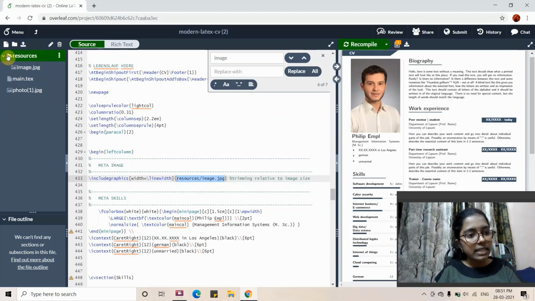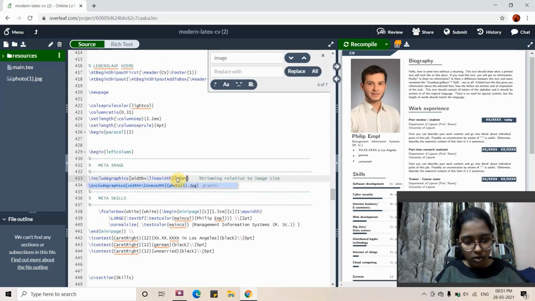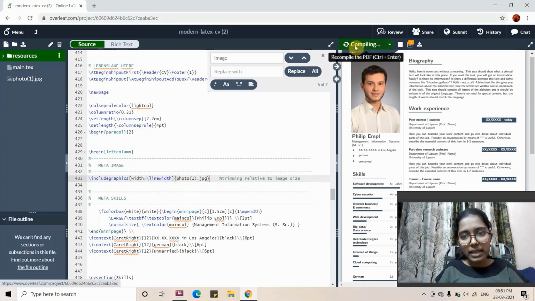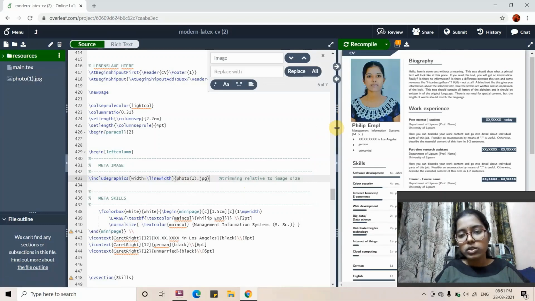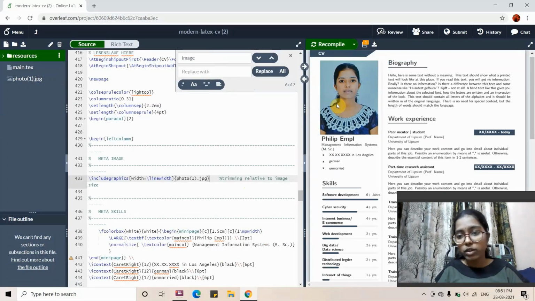In the resources they are providing the image, but here there is no need to give resources. I'm just directly giving my image photo1.jpg, and I'm recompiling. So this is how you have to edit your photo.